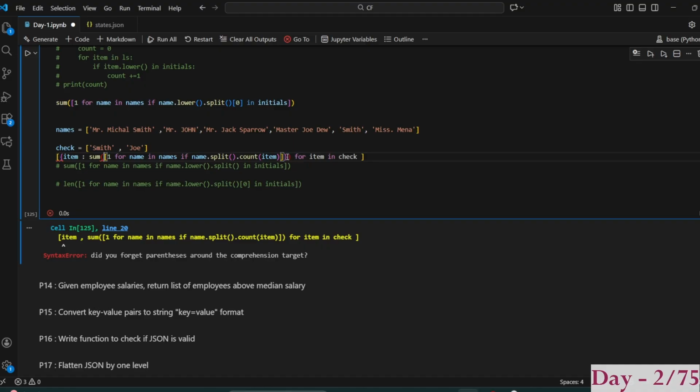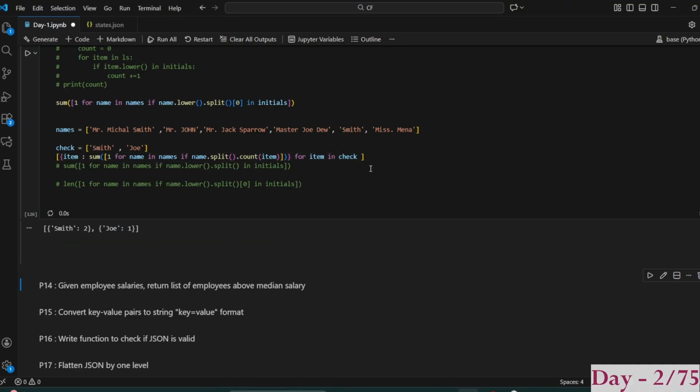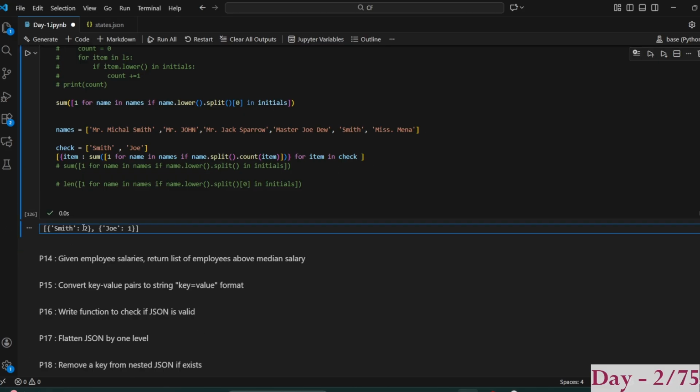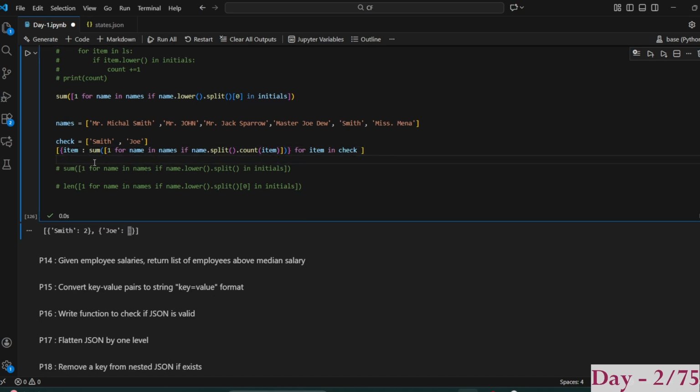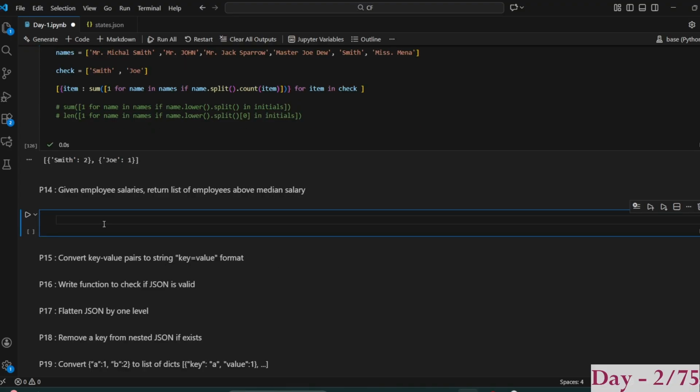Okay, yeah, correct. Right. Okay, so the Smith's occurrence is twice, and then Joe's occurrence is one. So that's how we can actually write a reference to the key and value pair in a key. And now for question number 14, given employee salary,